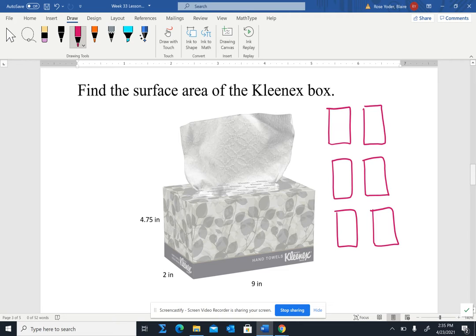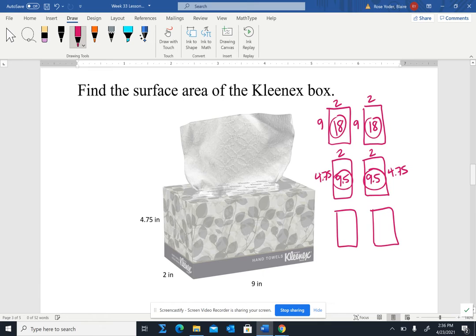So let's start with the top and bottom. Those are 9 by 2. 9 by 2, 9 by 2. So 9 times 2 is 18. We'll just do some quick base times height calculations. All right, let's move on next to the right and left-hand side of the Kleenex box. That is 2 by 4.75 and 2 by 4.75. All right, let me multiply that out. I'm not trusting my mental math at this time. So I did it in the calculator and it is 9.5